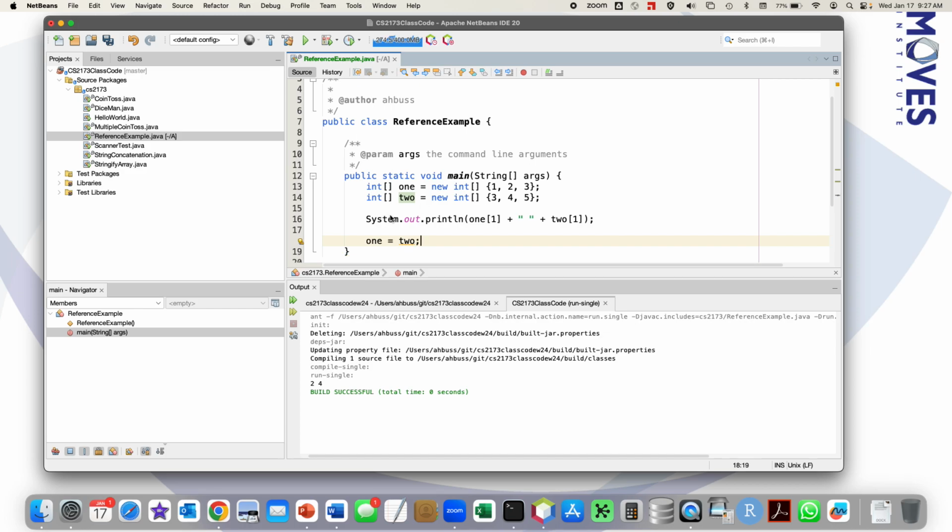All right, so now let's do this. Okay, I have taken this and assigned it to 1. Now these are both pointing to one place.